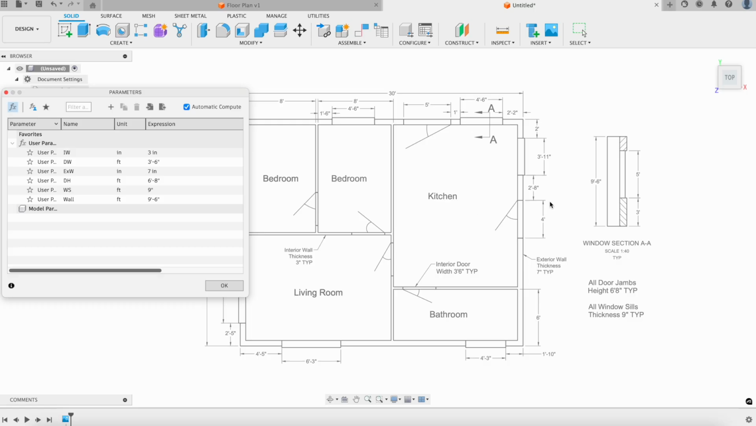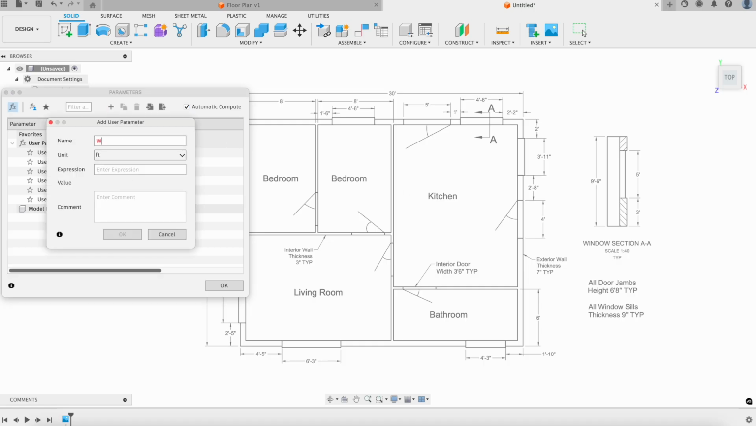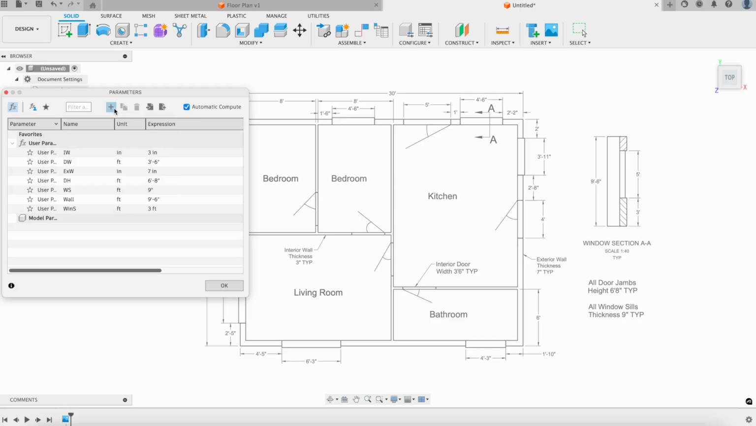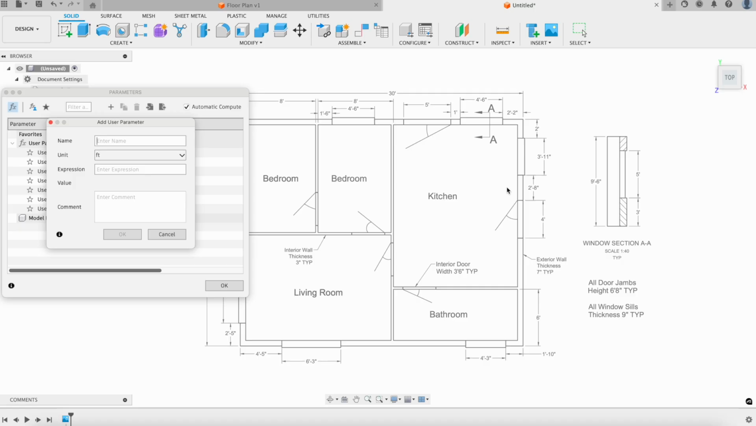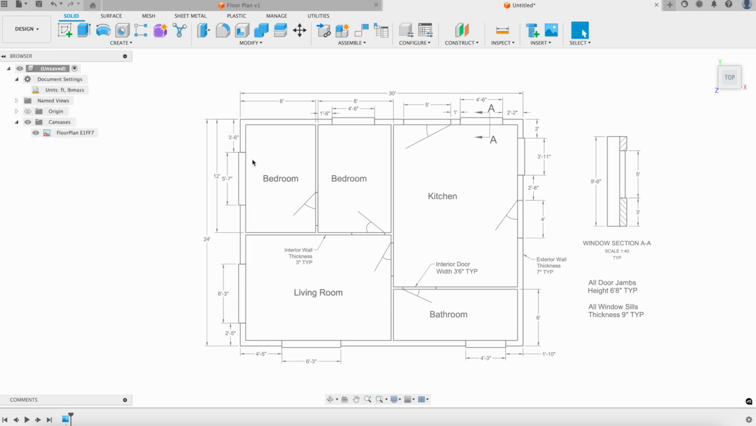And last, we've got 2 more that we could add for our windows. One is our window sill goes up 3 feet before it actually turns into the window. So I'm just going to create one called window sill. I guess I can't do window sill, so maybe a different name. And the window sill is 3 feet tall. So we'll go ahead and press OK with that. And then last but not least, the window height itself, the win H, is going to be 5 feet tall. We'll press OK. Now that we've got all our parameters in place, we could go ahead and start